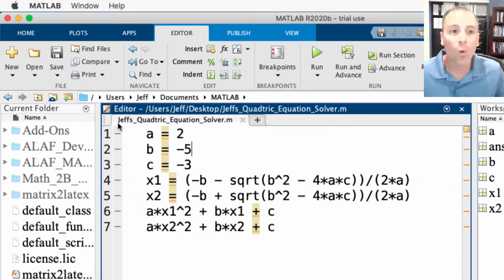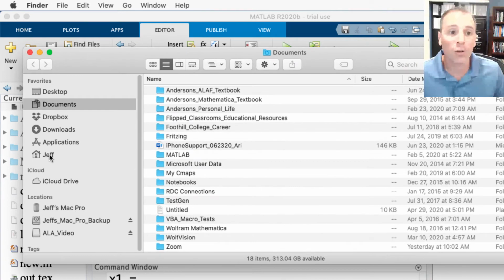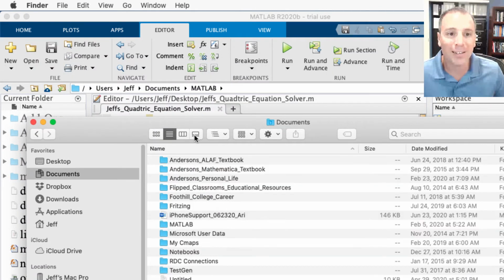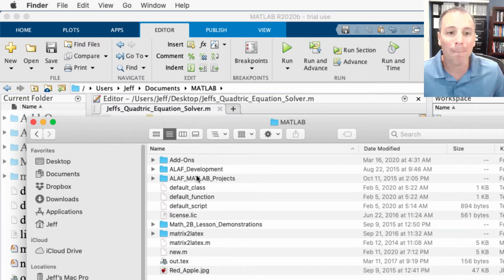Notice that right now, the current folder that MATLAB is searching is the default folder where I open MATLAB. Specifically, it's in Users, then the directory Jeff, then Documents, then MATLAB.